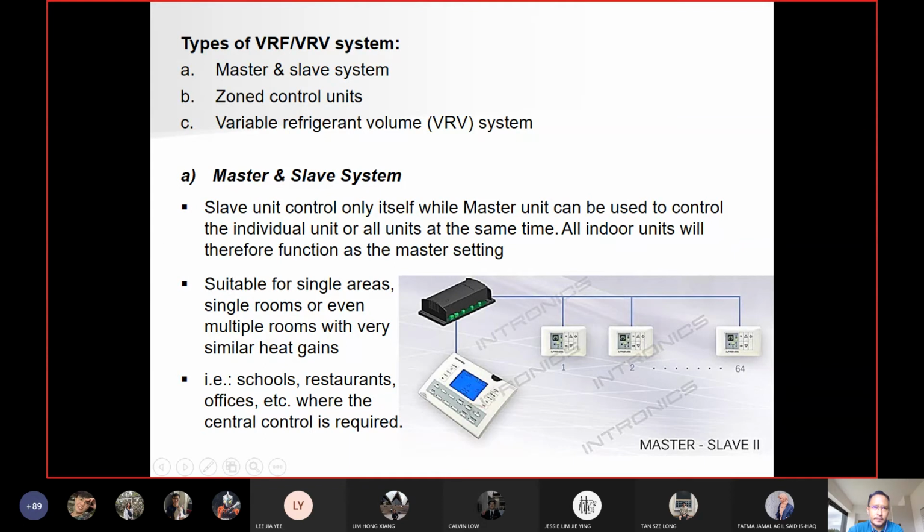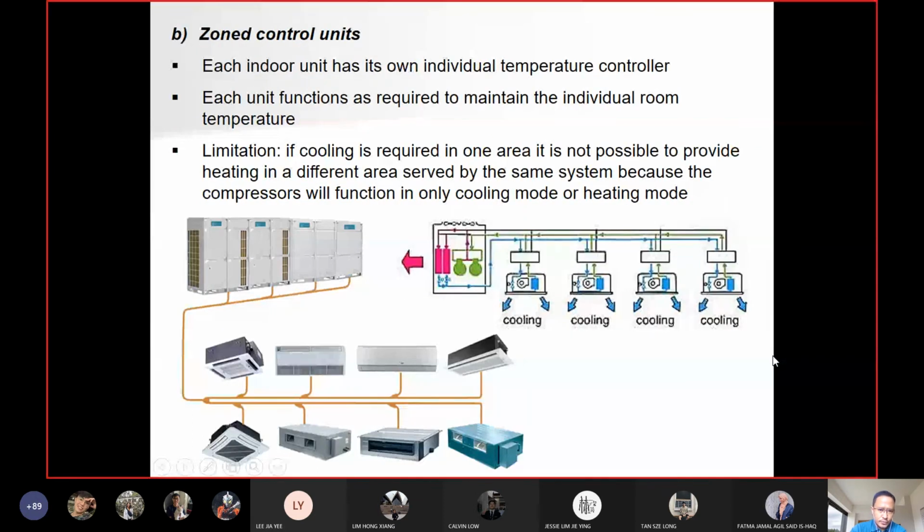Let's say you adjust the temperature, previously 18, you increase to 20. So the other indoor units would just follow whatever control that you change in the master controller. Okay. The second one is zone control units. Zone control units basically,